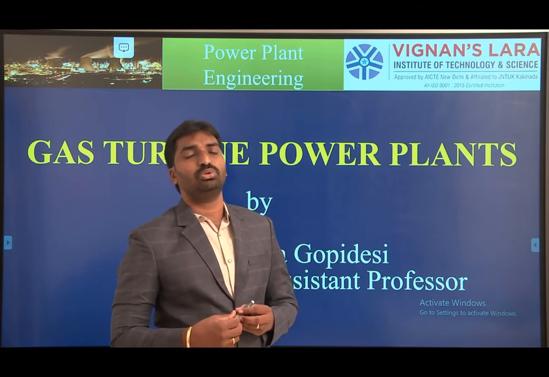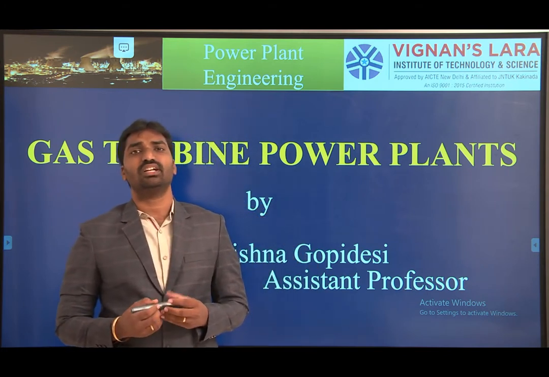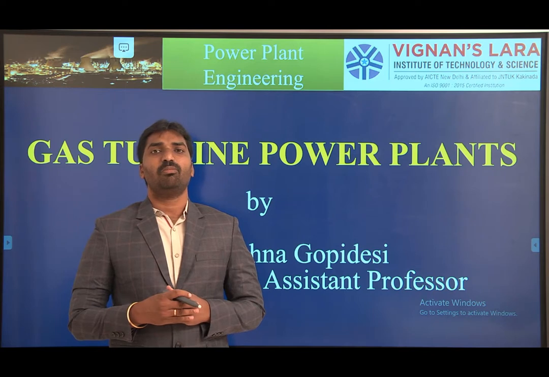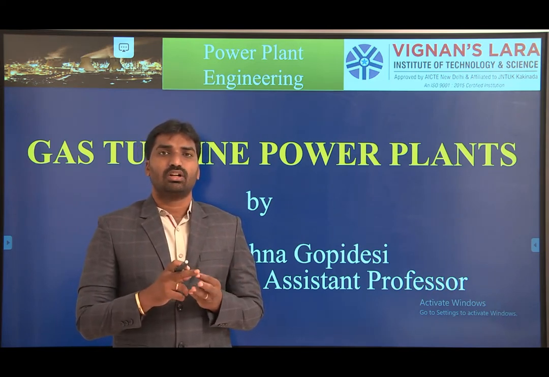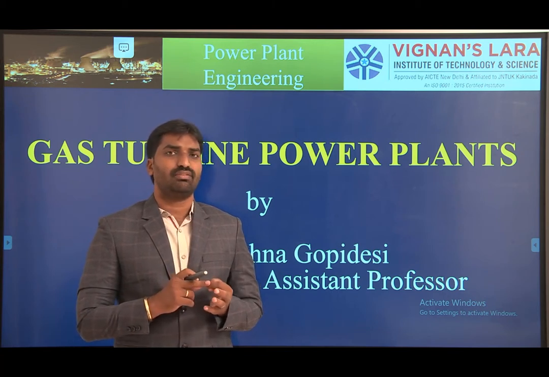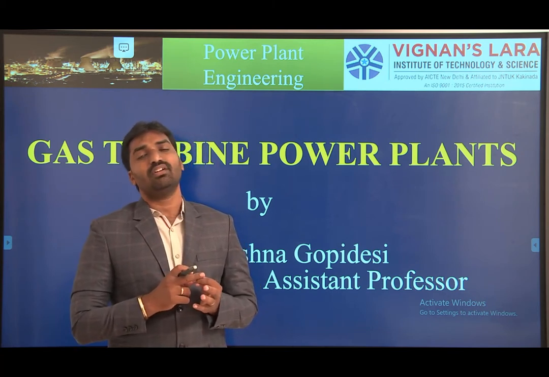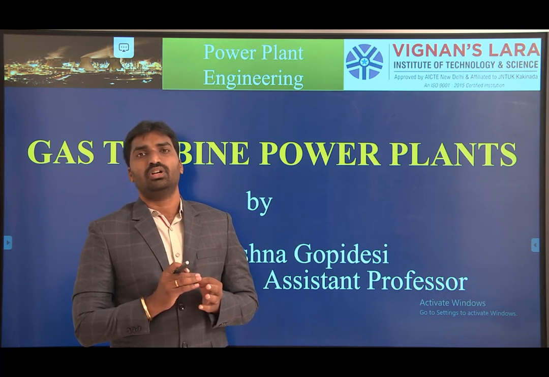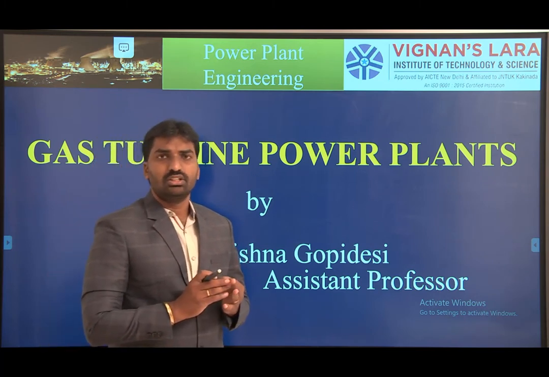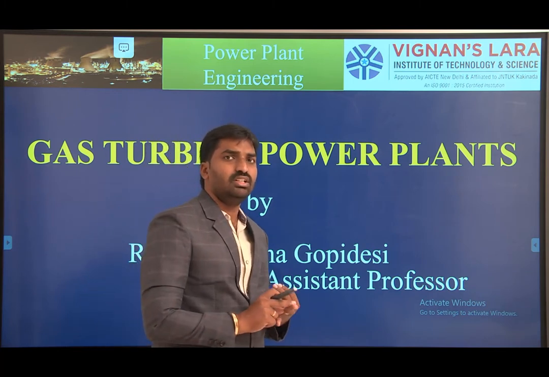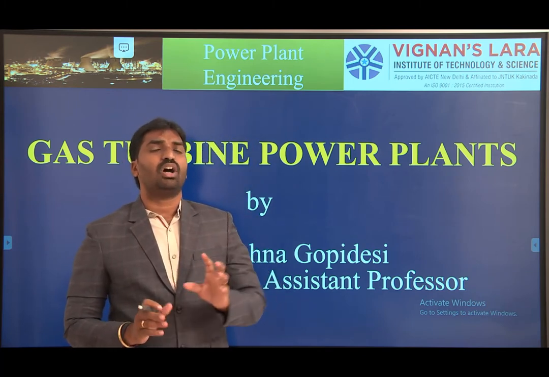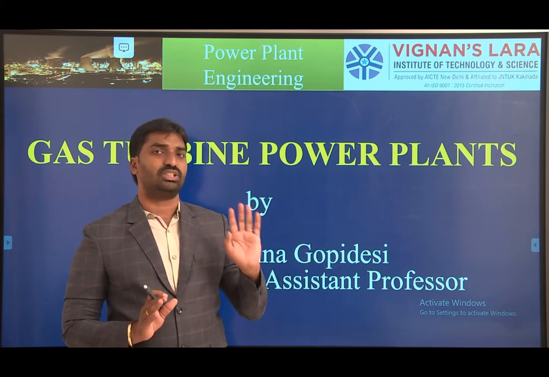So, in the last class, we were discussing a diesel power plant. In unit 2, we majorly have two chapters: one is the diesel power plant and the second one is the gas turbine power plant. In a diesel power plant, the important things are the layout, the components and auxiliary equipment and their working, the advantages, disadvantages, site selection, and applications. These are the concepts we already discussed in the last 4 sessions.